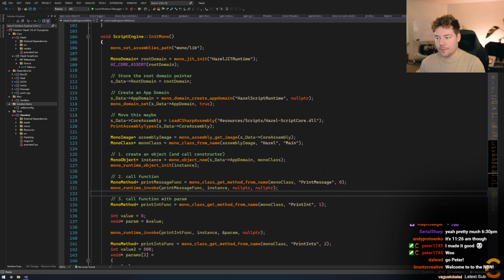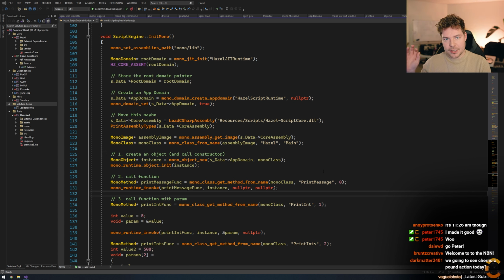But the reason why I like this C# scripting adventure is because I have no idea what I'm doing. I did the initial implementation in Hazel, in Big Hazel, a few years ago. But not a lot has changed, but we do things differently. And so Peter is in the stream teaching me as well. So this is cool because it's me actually learning new stuff, and I always love learning new stuff.